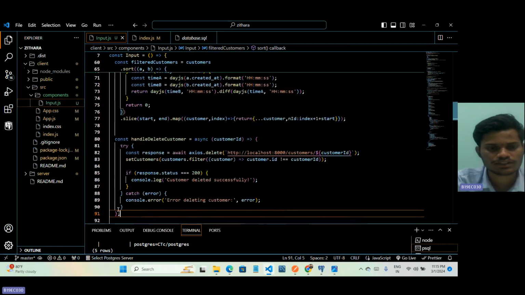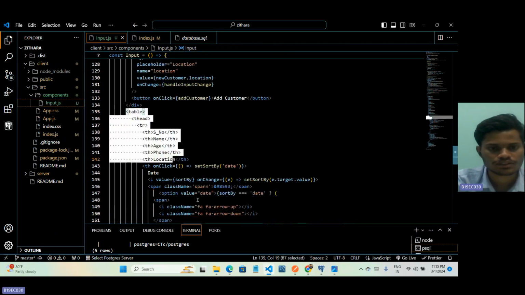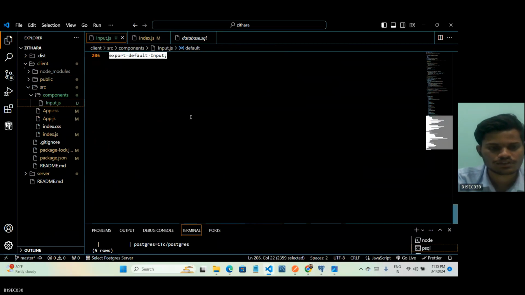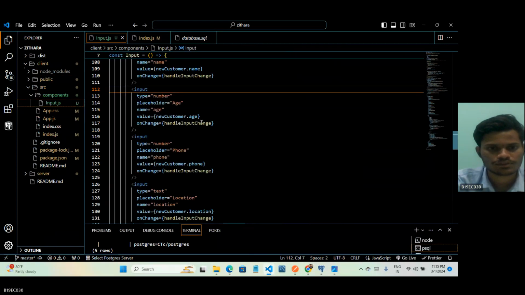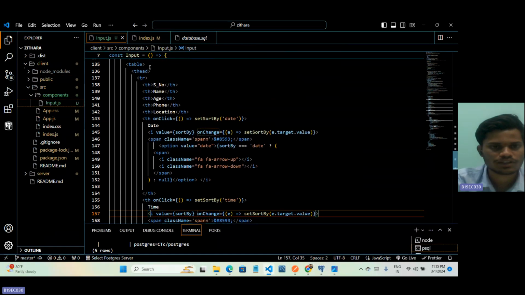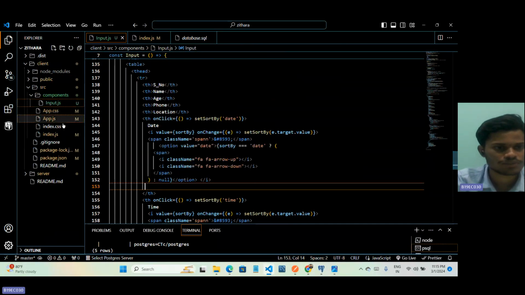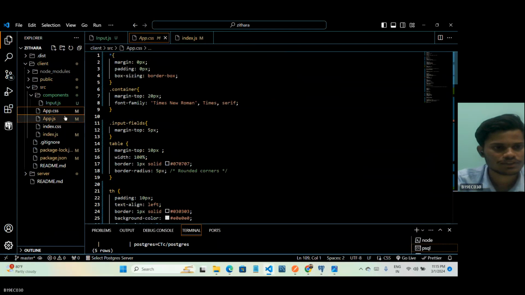And mainly we have created the table by using this. We have created the table, which will be displayed in the UI, and have done the CSS part for adding styles. And coming to my server,